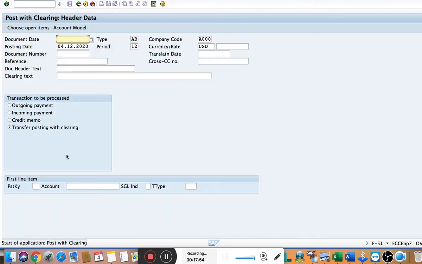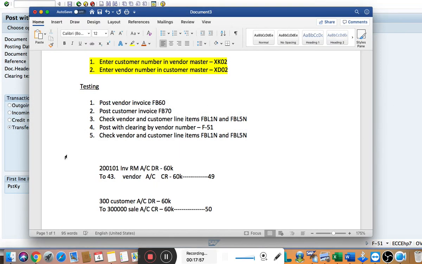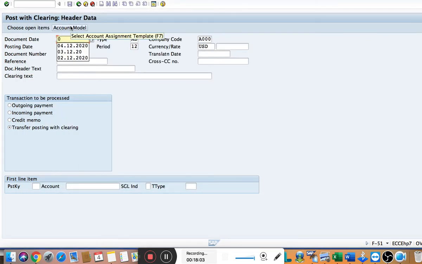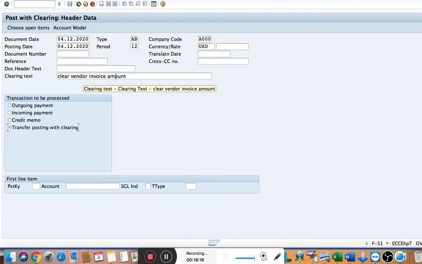This will be clearing, post with clear by vendor number. Okay, the date will be, I will give today's date, and in the clearing text I will mention vendor invoice amount, clear vendor invoice or vendor or